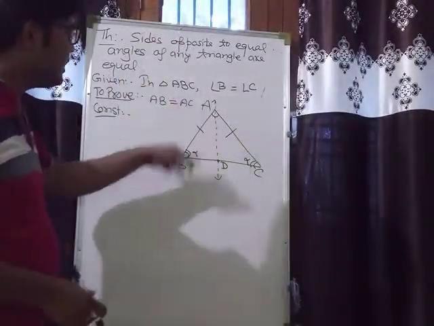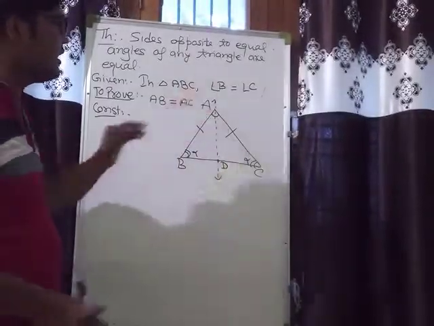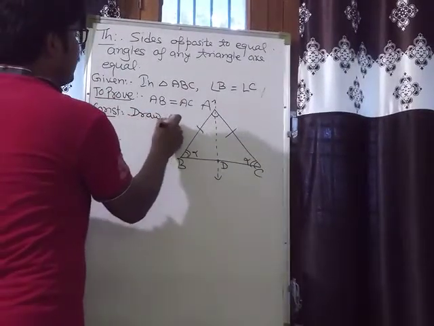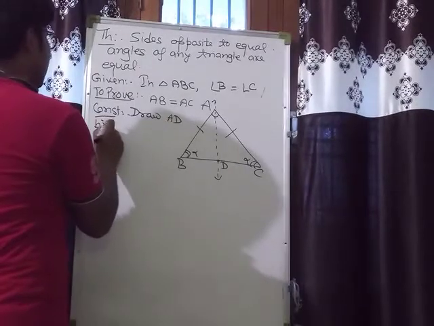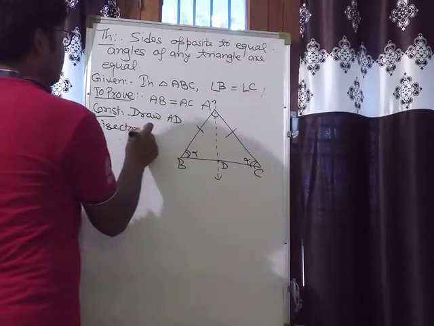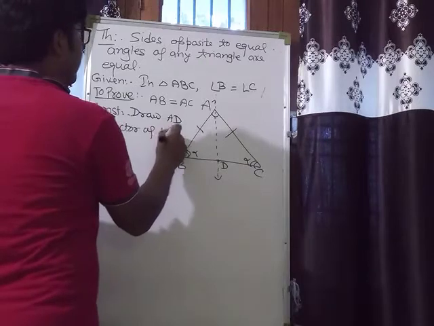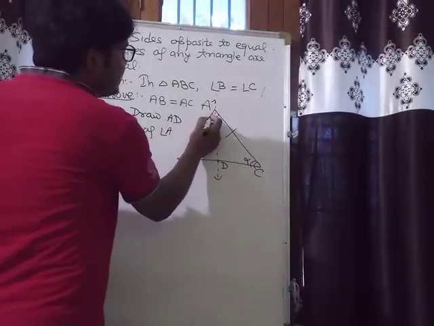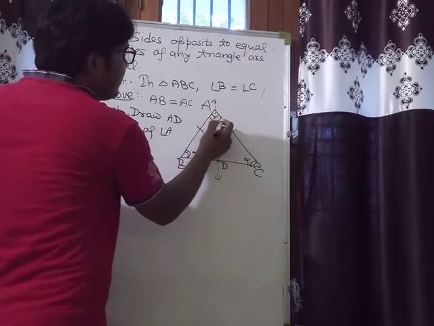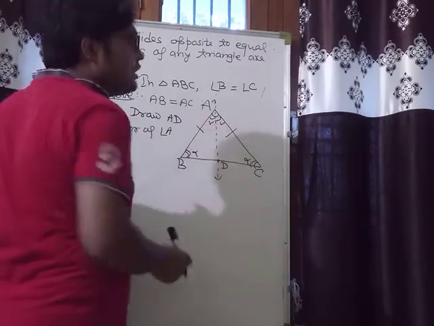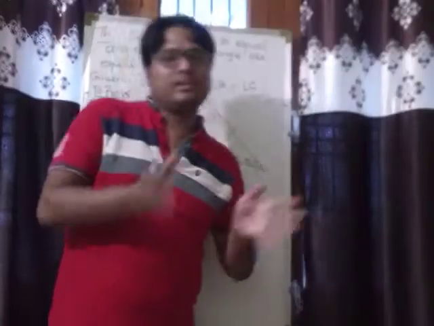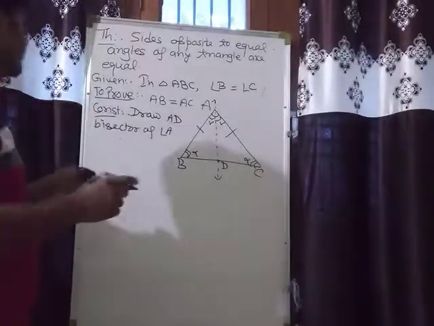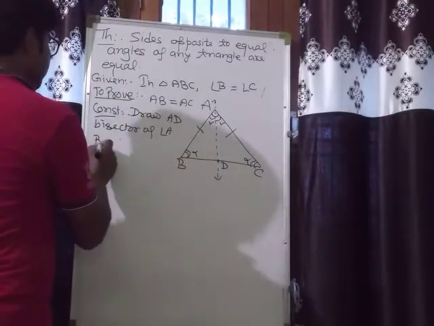ओके, दैट्स व्हाई एडी जो हमने बाइसेक्टर बनाया एंगल ए का, दैट इज बाइसेक्टर ऑफ एंगल ए. ड्रॉ एडी बाइसेक्टर ऑफ एंगल ए. तो इसको मैंने डॉटेड लाइन से लिखा है. बाइसेक्टर मींस this angle and this angle. These two angles will be equal because it is the work of bisector of any angle to divide that angle into two equal parts. Okay. Now see its proof.